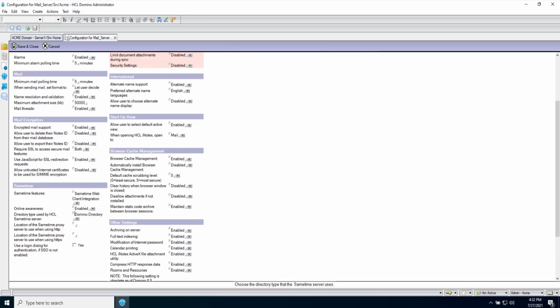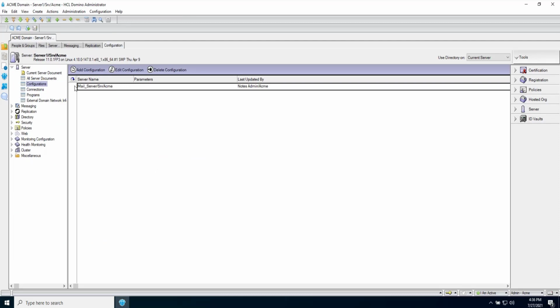Click OK. For the location of the Sametime proxy server to be used by the iNotes server, we need to specify the URL of the proxy server. This should only be set as a secure SSL port. As shown in the example, we used https://mongodb.acme.com:8443. This similar UI setting can be done by using server notes.ini as we have already discussed. Save and close.